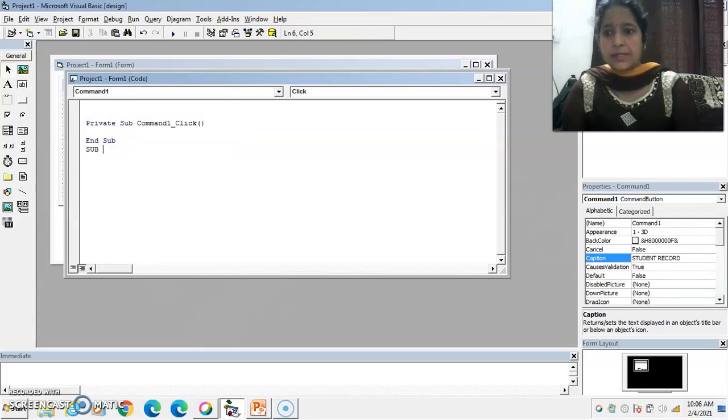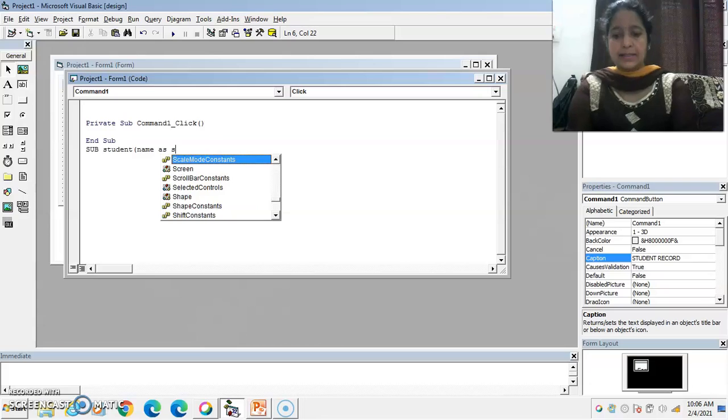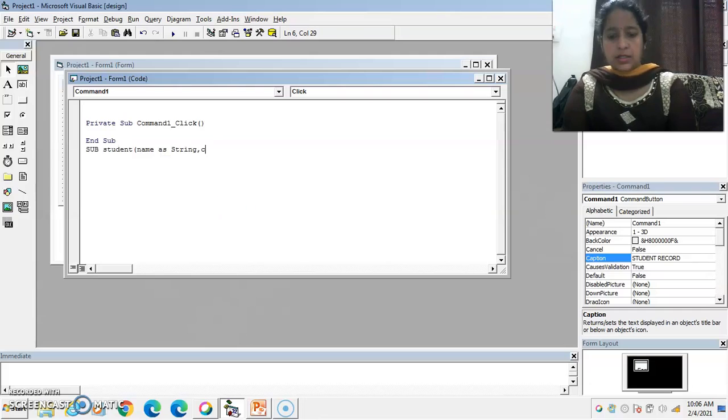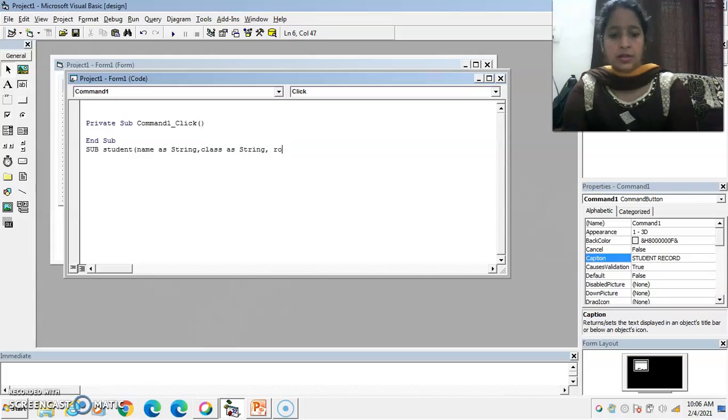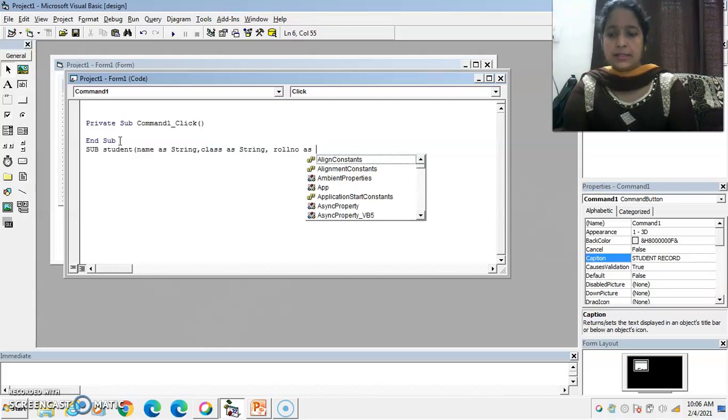Write down the procedure. Suppose the name of the procedure is student. Now I am passing here 3 arguments: name as string, comma, class as string, and at last roll number as integer.